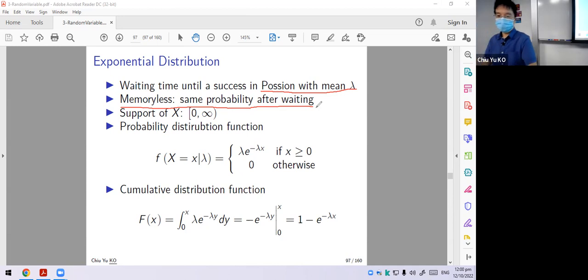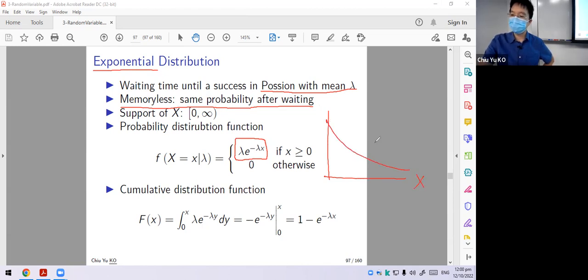And the exponential gets its name because the f looks like this, as you will see in the next slide. It is an exponential decay, okay? If you try to remember, this is the mean. The mean is actually 1 over lambda, which we will explain later; it is inversely related to the Poisson. The Poisson's mean is lambda, and the time is 1 over lambda. We explain that later, but